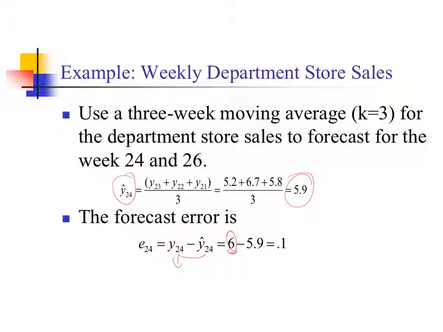So if we want to use a 3-week moving average, K3, for the department store sales to forecast for week 24 and 26,